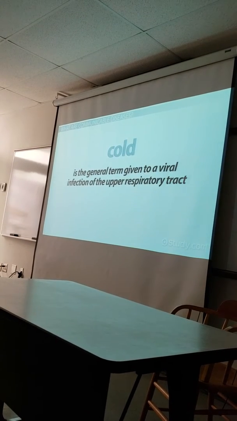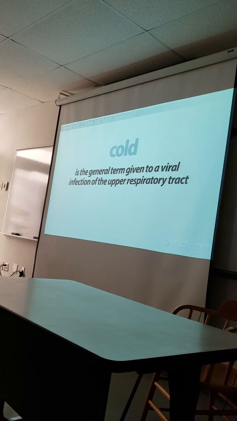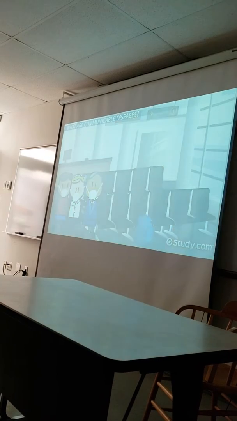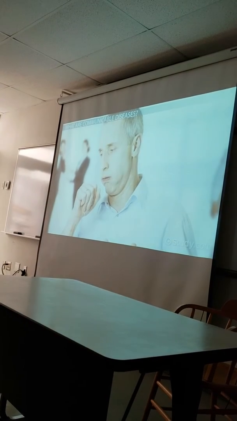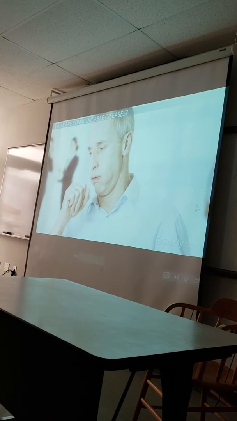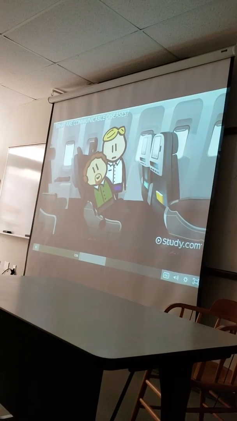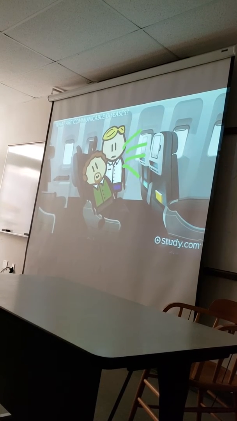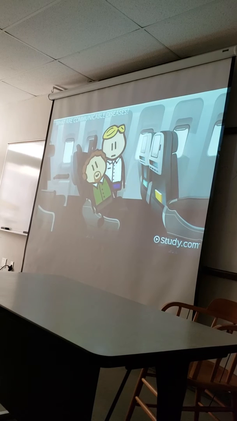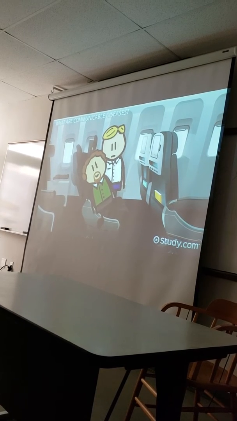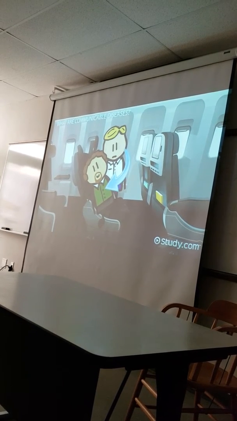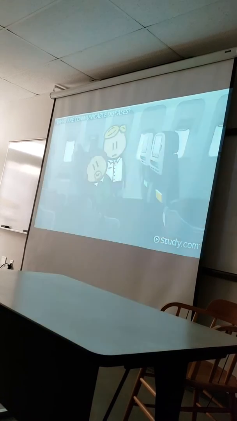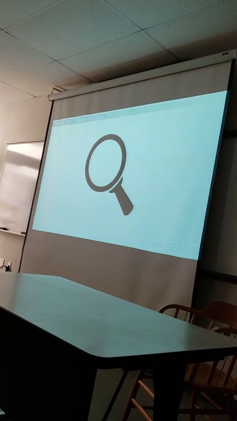A cold is the general term given to a viral infection of the upper respiratory tract. This is probably why those airline passengers mentioned at the start of this lesson were wearing masks. Viruses in the respiratory passageways can easily be coughed or even just breathed out. So, if the inconsiderate cold carrier sitting next to you on the plane coughs, viruses are spewed into your vicinity. You breathe, and suddenly those viruses have found a new respiratory tract to call home: yours. That cold has now been passed from one infected person to another uninfected person, spreading the communicable disease. You can probably identify other communicable diseases.